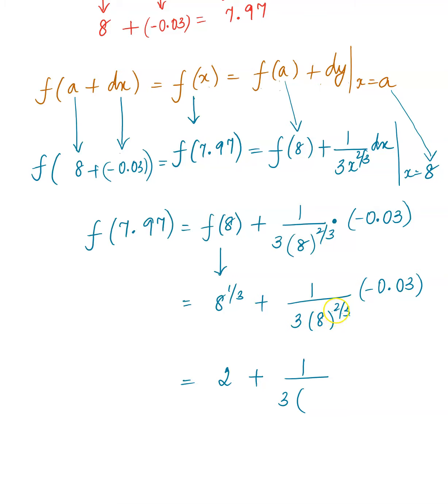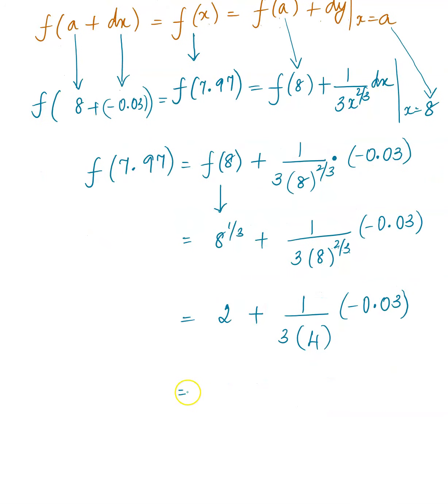That's one way to do this. Or you could find the cube root of 8 first and then square the answer, which will be easier here. Cube root of 8 is 2, and when you square it, because that's the power, 2 squared is 4. So times negative 0.03. And that gives us